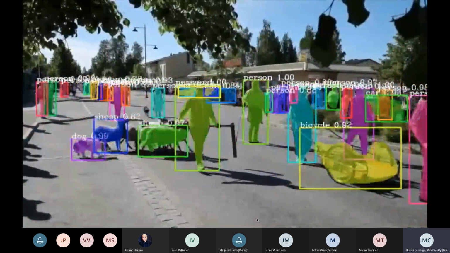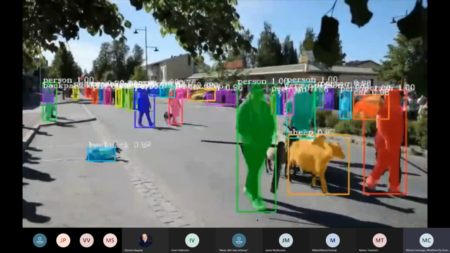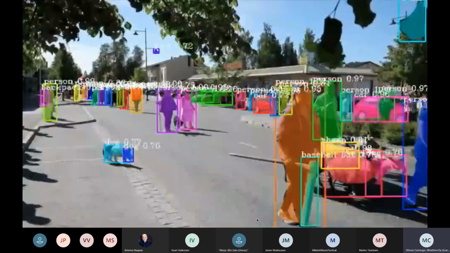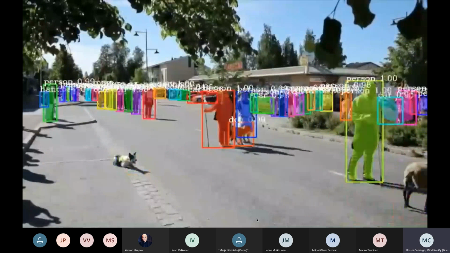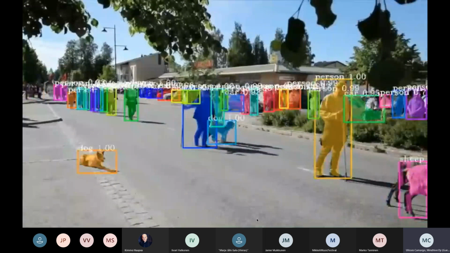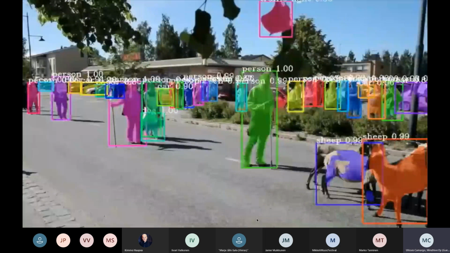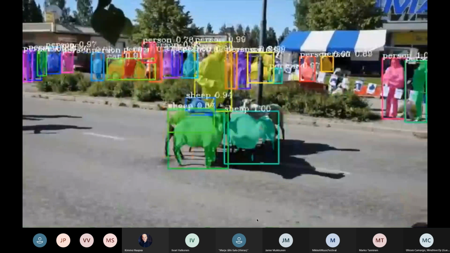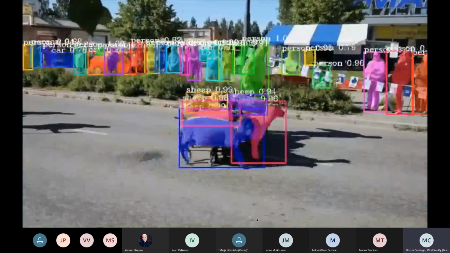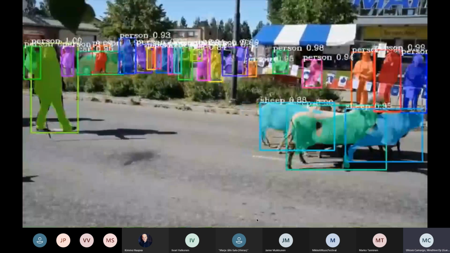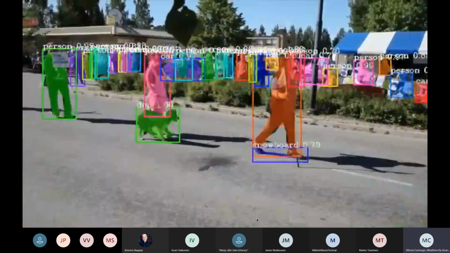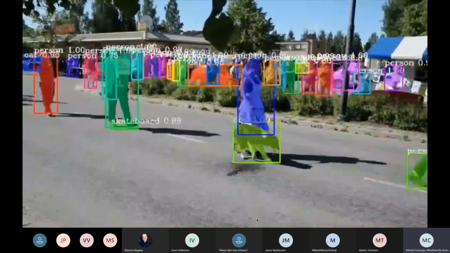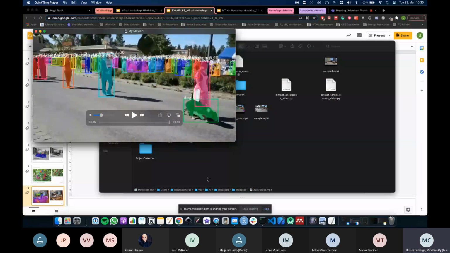If you perceive the sheep, when it was far, it was identifying as horses. But when it got closer and a better glimpse of it, it identified as sheep correctly. Now that the dog lays, it confounds as a person and a bag. But when the dog is moving, it's very sure that it's a dog. It gets pretty much every person in the picture. So it does a very good job, I would say. It's identifying pretty much everything that is on the video. And again, though I took this as a semi-joke video,